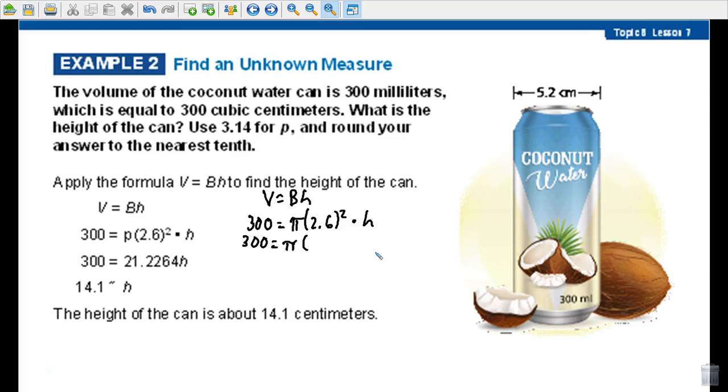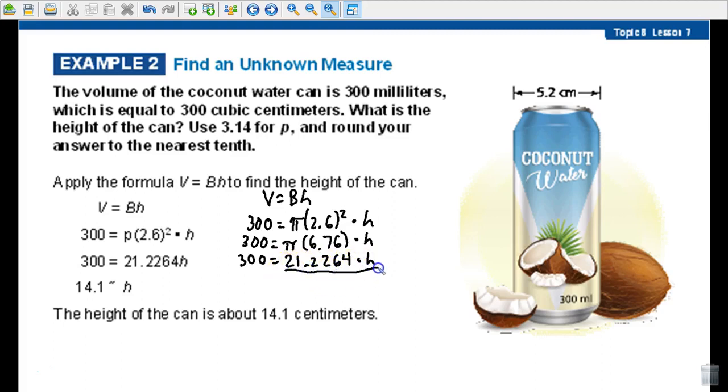It is 6.76 times the height. Now let's do pi, which is 3.14 times 6.76. And we get 21.2264 times the height. So now to get height all by itself, since it's multiplying, we have